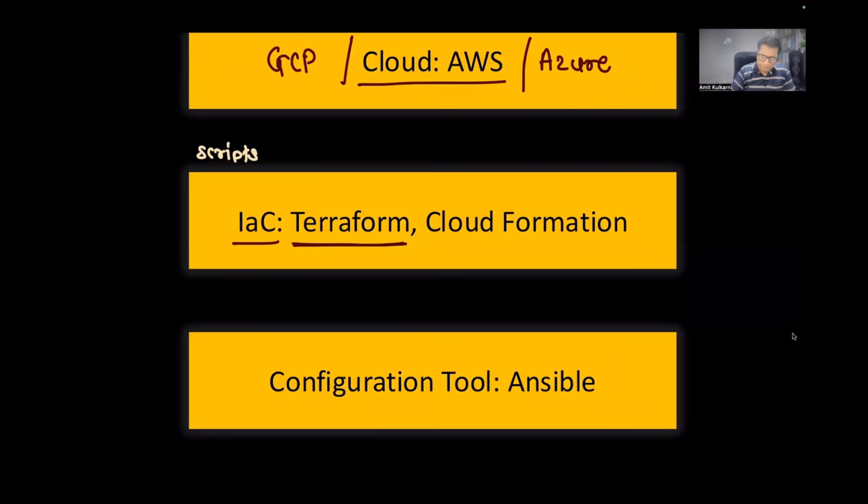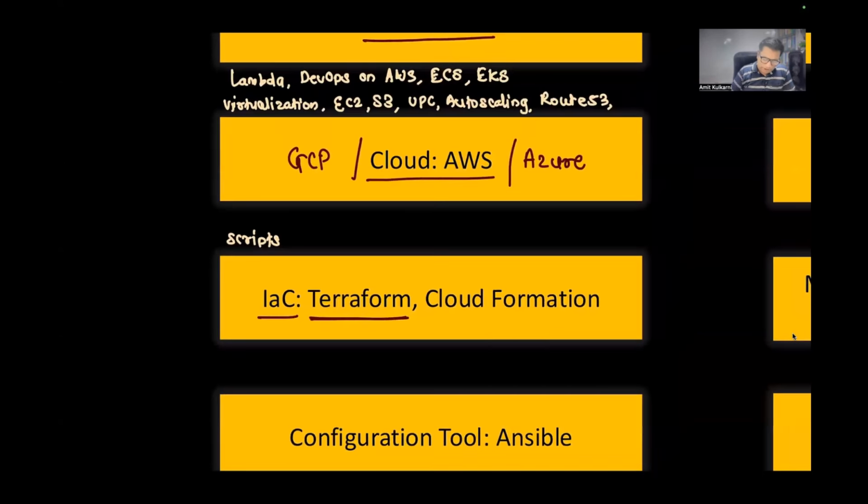So HashiCorp Terraform is very well known for creating resources on any of those cloud providers, which means the script can be used to create resources on GCP or AWS or Azure, or on all three at the same time. As I mentioned, I want to create an EC2 instance on AWS, a virtual machine on GCP, and a virtual machine on Azure at the same time. I don't want to do that manually. Instead, I would write the Terraform script and get the job done.